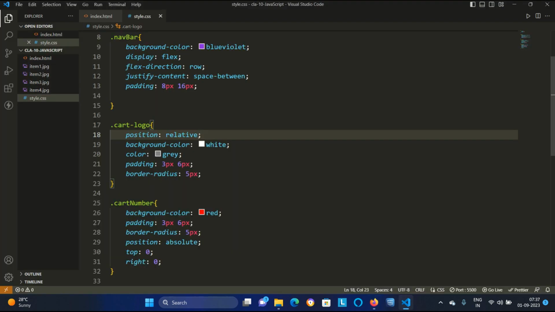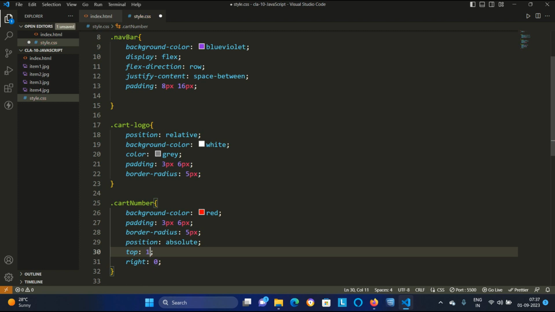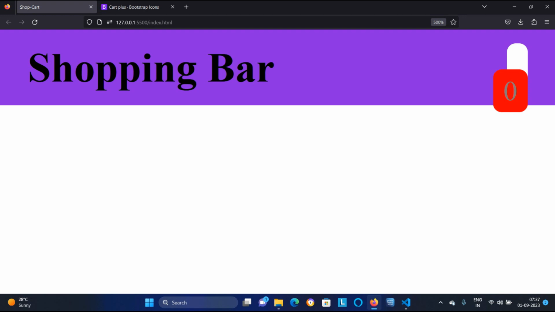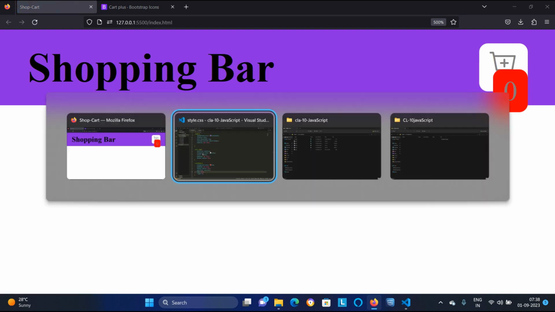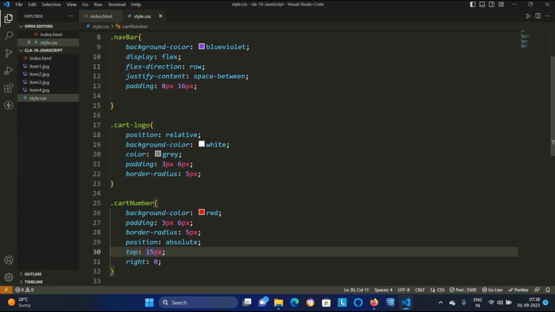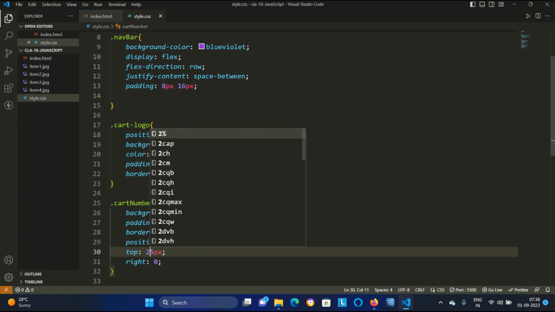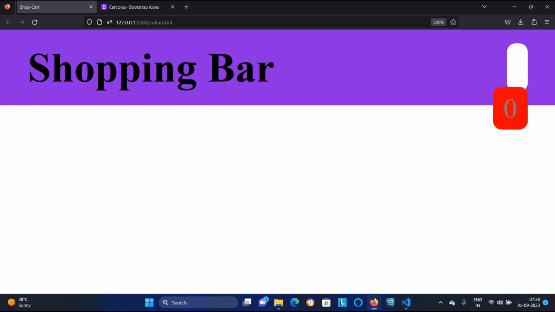So if I am saying make the top 15 pixel, control S, go back, refresh it. So look here that it is coming down. Again, if I am setting it to be just 25 pixel, control S, refresh it.